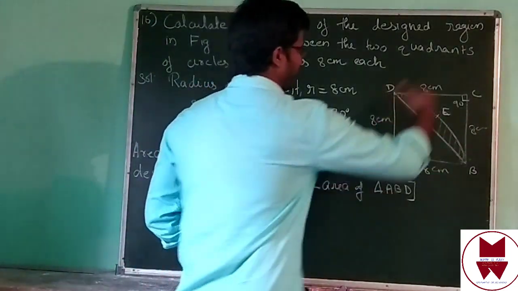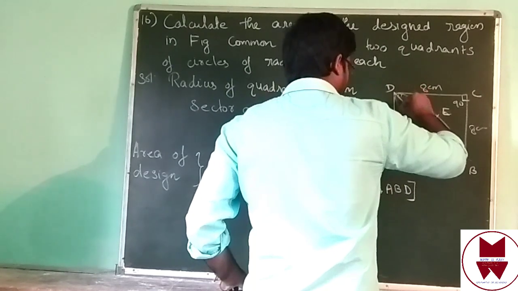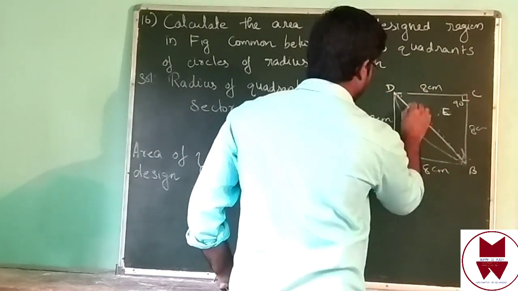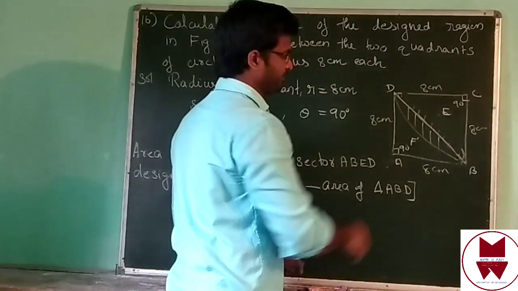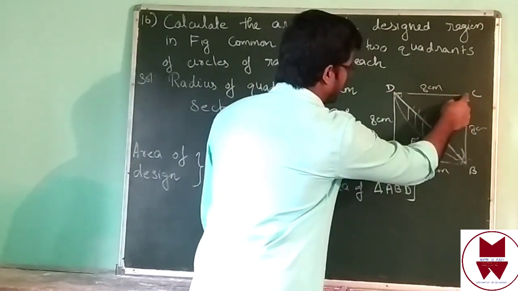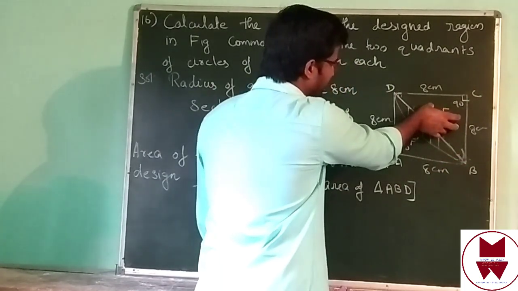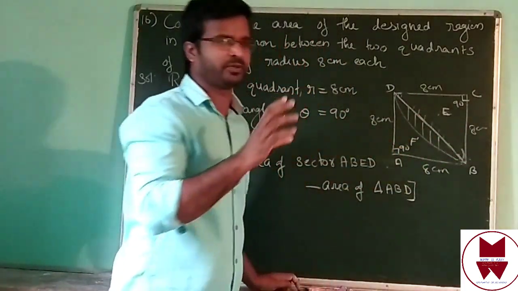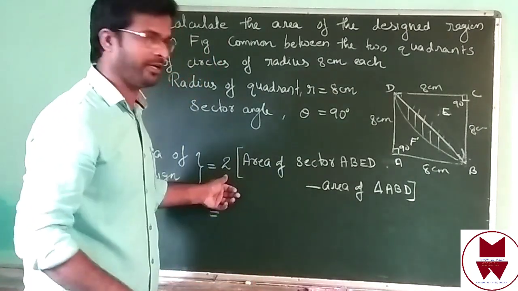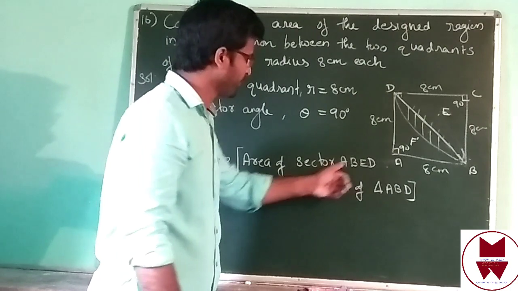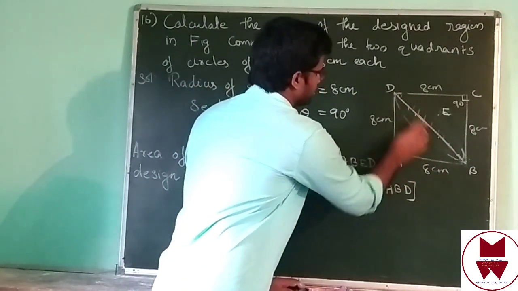Then if you consider from the opposite side, what will happen? Same thing only. First we will find out area of quadrant C, D, F, B, then we will subtract this triangle, isn't it? Same process we are doing 2 times. That's why I am multiplying with 2. 2 into area of sector A, B, D. So